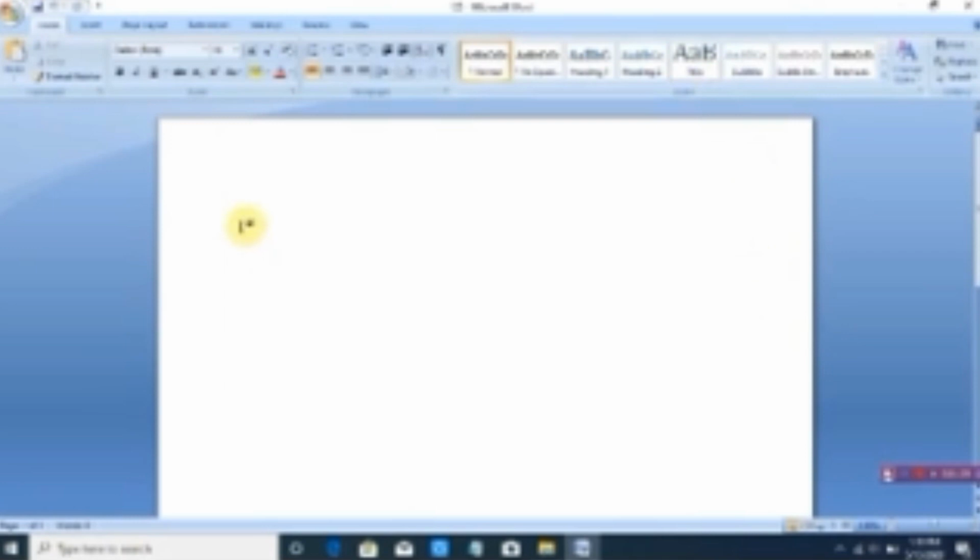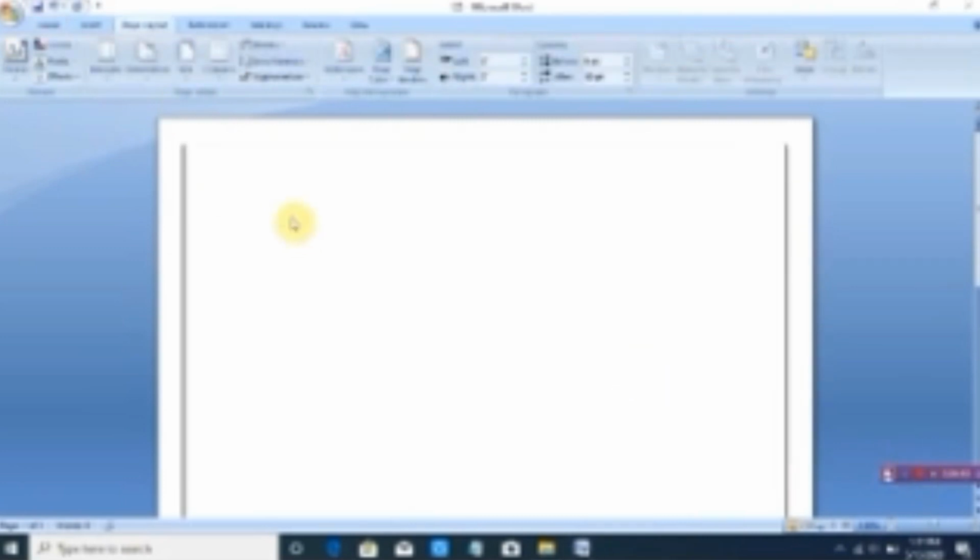The content are added within the standard size margin of 1 or 2.54 from the top. The content are added within the standard margin. What is standard margin? That means by default the size of the page will be the same.